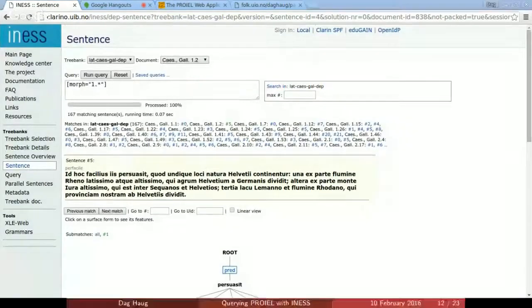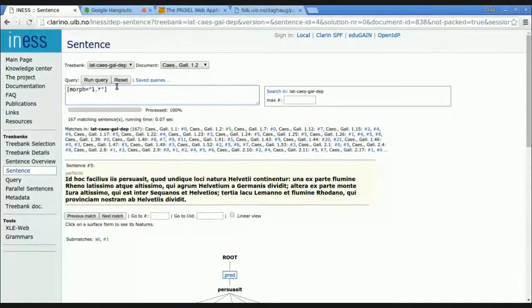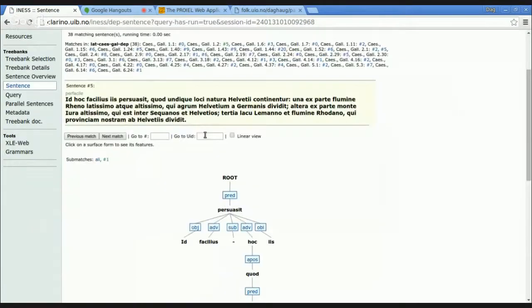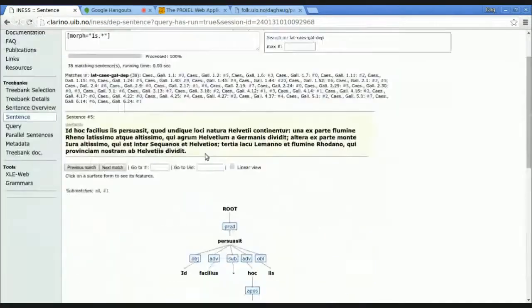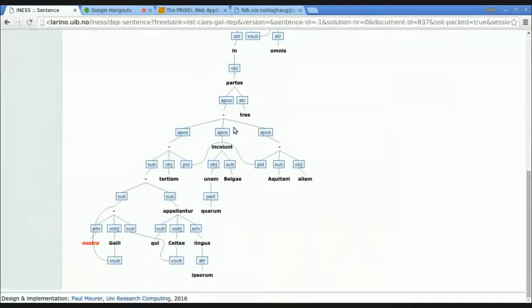So that's fine. The second tag is number, so we could say only first-person singular. Any amount of anything. If I do this, it's 1 followed by any amount of s's. But I want 1 and then s and then anything. So any first-person singular. So now I need to go to the queries again, and then we have